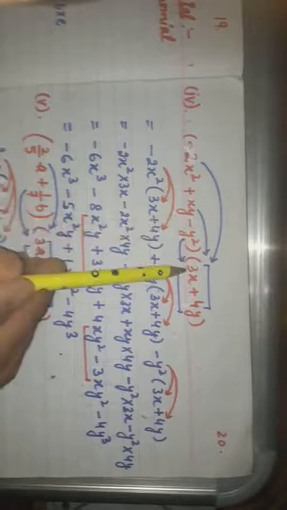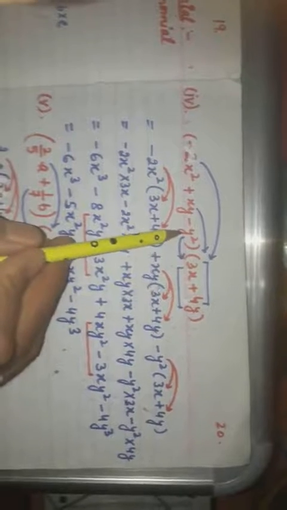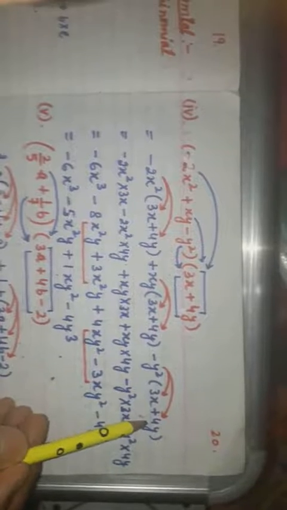In this case, the trinomial is written first and then the binomial. We can also multiply this trinomial with this binomial. How can we multiply? There are 3 terms, but there are 2 terms. So we multiply the first term with this binomial, and then the second term by this binomial, and then the third term with this binomial. So it is minus 2x square into 3x plus 4 by, and then the second term is x plus by into 3x plus 4 by, the same binomial. Then the third term minus by square into 3x plus 4 by.